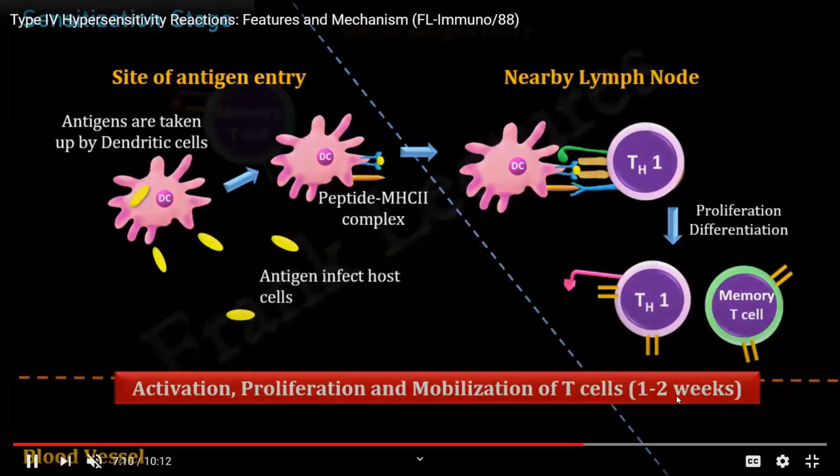Okay, now after this, we will see what happens in the effector stage. In the effector stage, when the antigen enters, this time, instead of the dendritic cells, the memory T cells will be formed directly. The dendritic cell is carrying the antigens in this MHC, and the memory T cells, it will